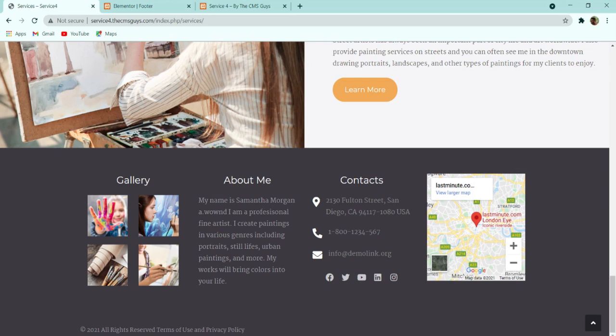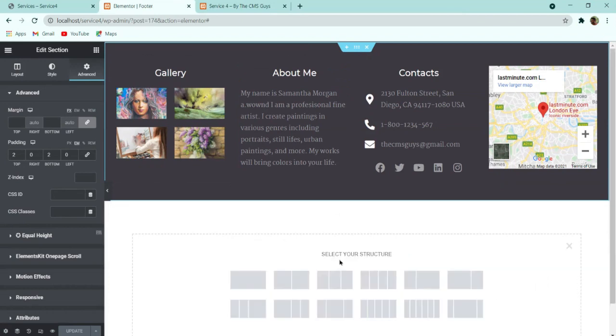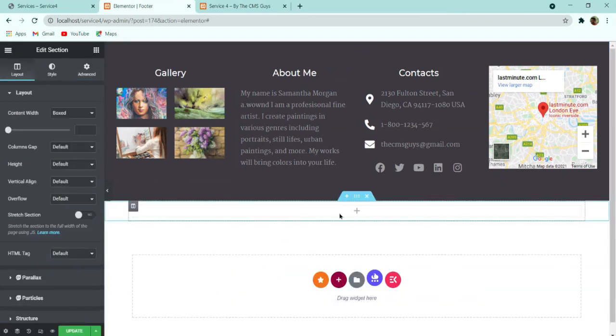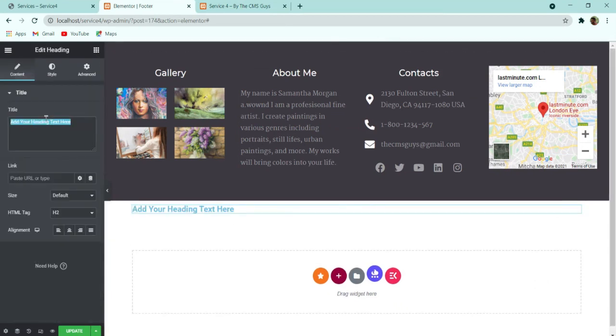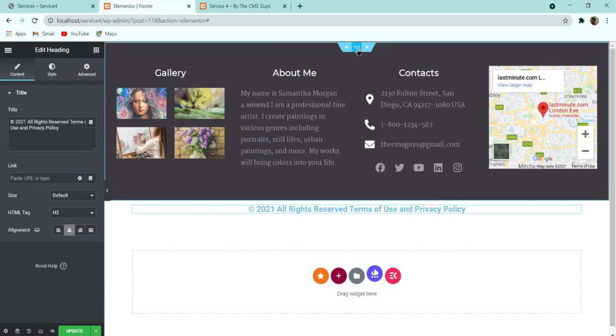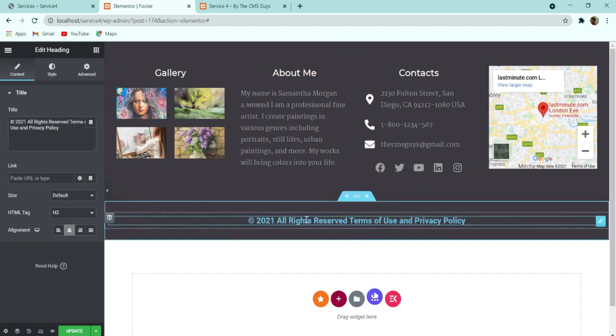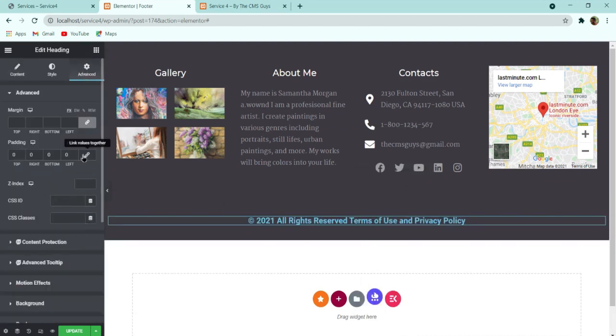So for this copyright text, what we can do, we can add a single title over there. So for this, again, let's go here. I will again create a new section, and I can simply drag the heading to it, and let me paste the title and make it center line. Again, what I will do, I will copy this section setting, and here I will do paste style, and then go to this advanced part, and